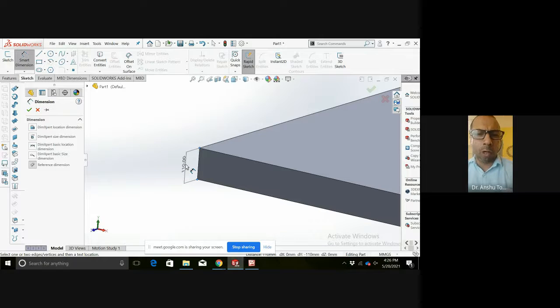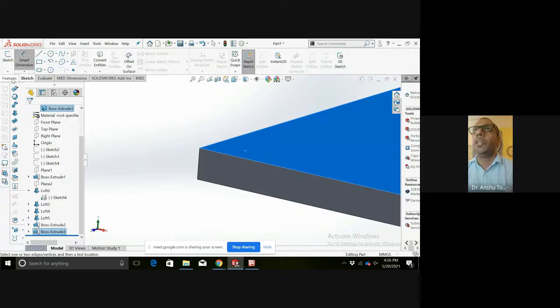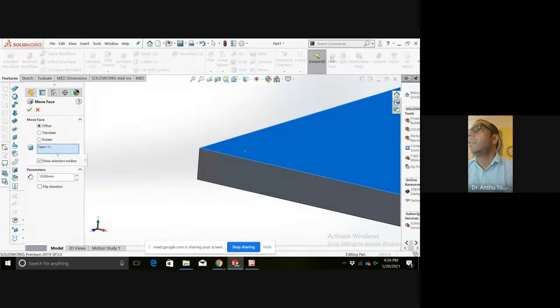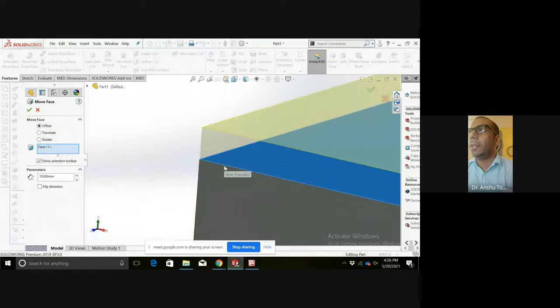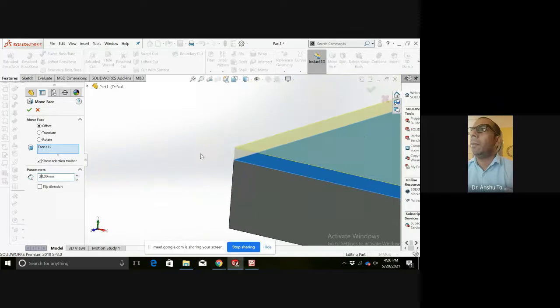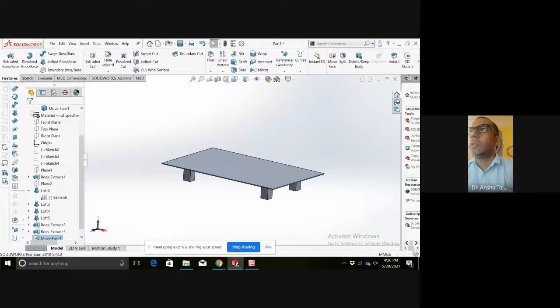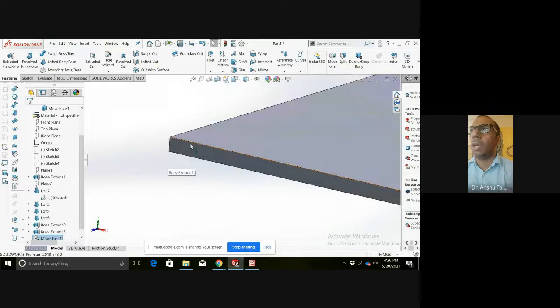If we want to increase a little bit thickness, take it to 120. We can increase by move face. We can increase the 10 mm. So let me increase it here only, and then we will finish the lecture. Feature, move face, and you can see I can increase its face by the number I require. But I want to just increase it by, let us say, 20 mm. So the overall thickness increased to 130 mm.